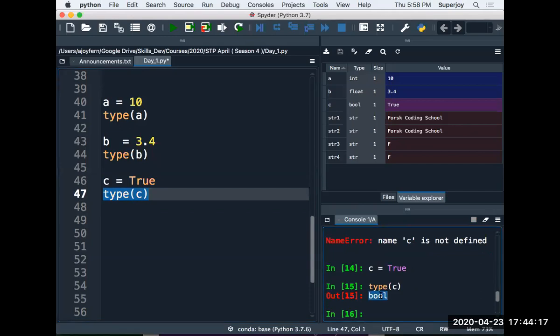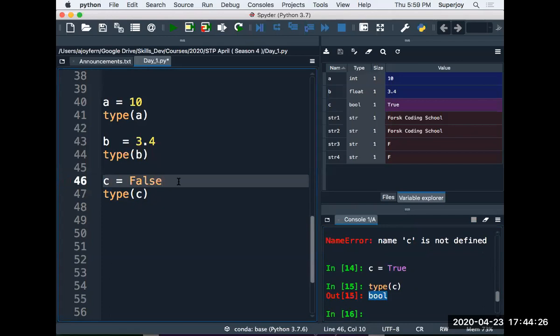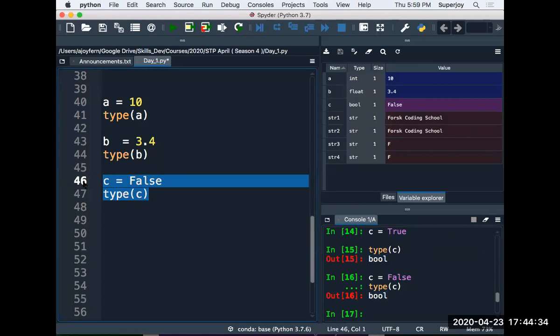So bool stands for Boolean, true, false, right? I can make it false as well. Make sure your first character, T, is capital, F is also capital, right? So here you see there is bool, right? So guys,